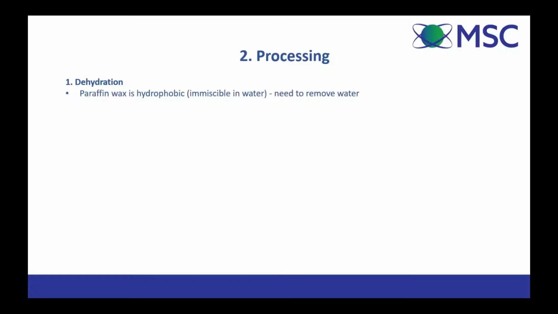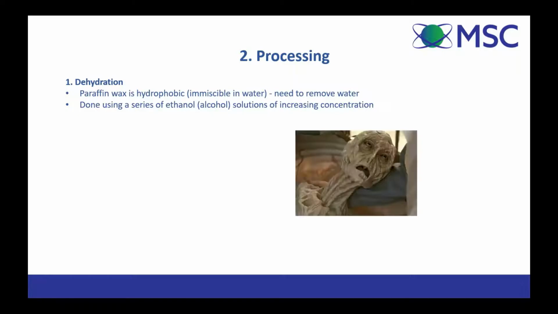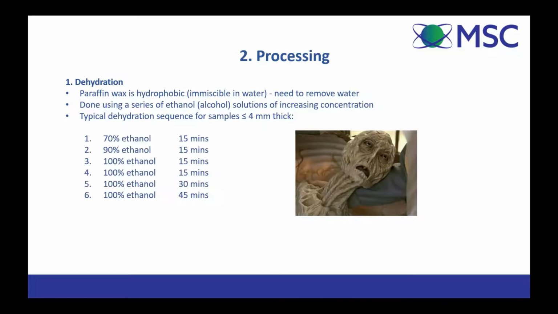If we look at dehydration, paraffin wax is hydrophobic and it's immiscible in water. So therefore you need to remove the water from your samples before you can start considering putting it into paraffin. You do this using a series of ethanol or alcohol solutions of increasing concentration. And anybody who's had a good night on the town will know nothing better to dehydrate you than a good old alcohol. So the typical dehydration sequence for samples that are approximately 4 millimeters thick would be something like this,